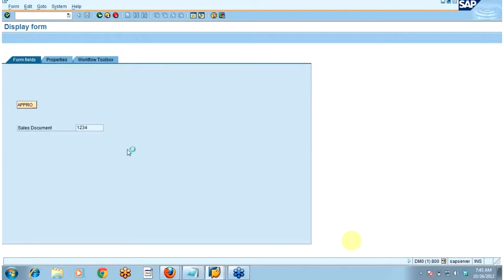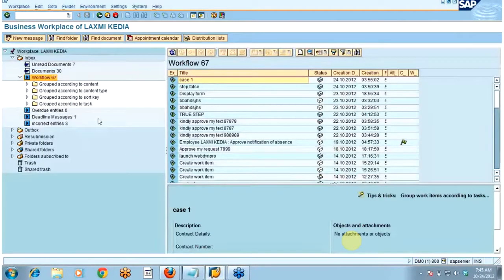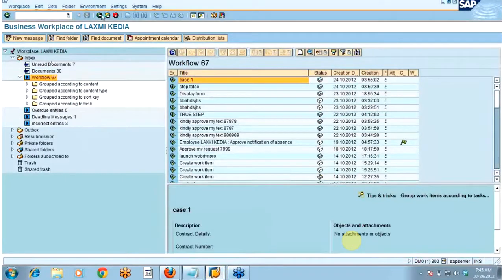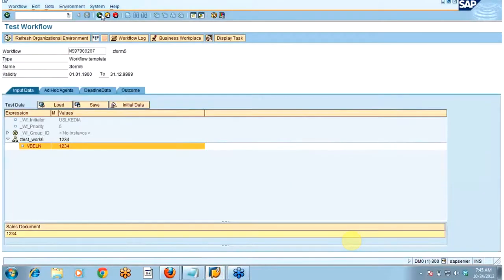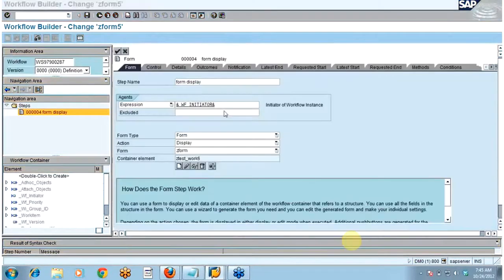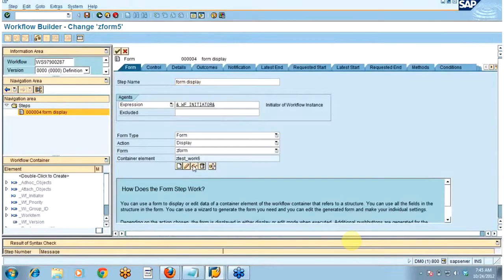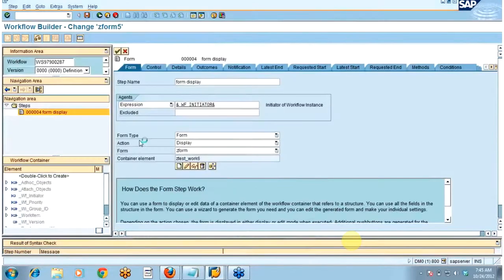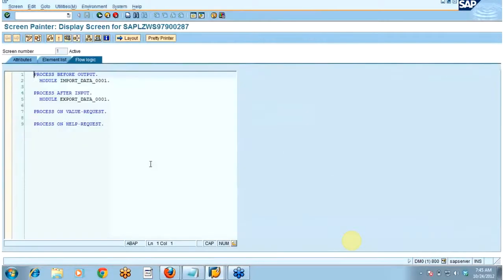okay, let us put the debugger. How to put the debugger? You can see here, if you click on this form, go to the display mode, go to the flow logic, in export data.